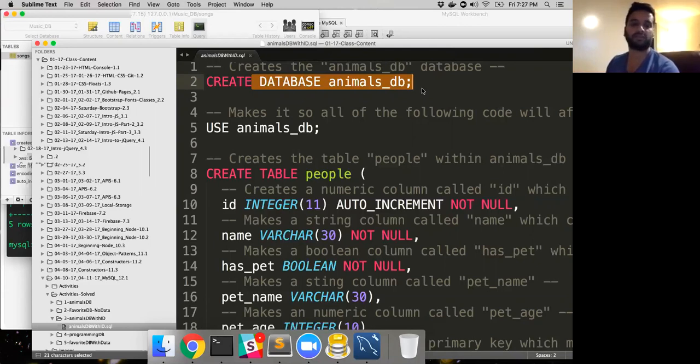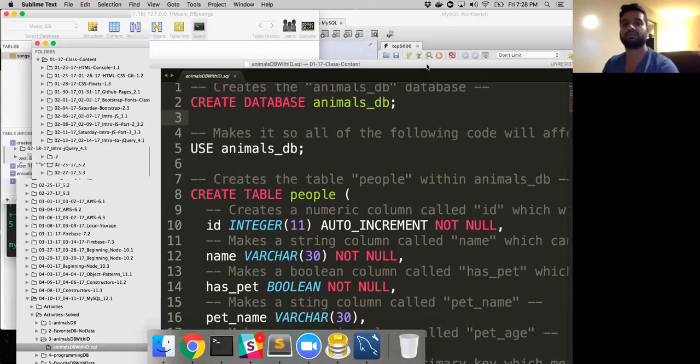And it might give you a couple of SQL files, or it might give you one giant SQL file. What you can do with that is upload or run that SQL file, and it'll just execute from top to bottom, just like you would with a JavaScript file. So if I were to execute this SQL file,